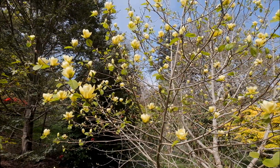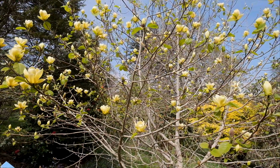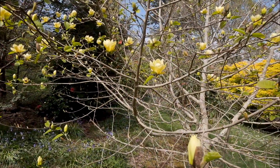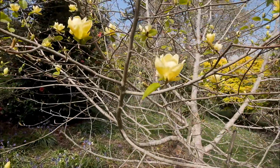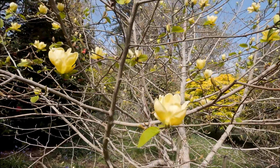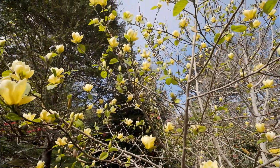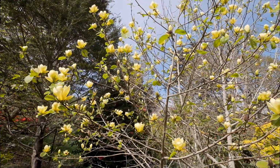It comes out a bit before some of the other yellow varieties, but look what a gorgeous yellow colour it is. All these yellow magnolias are crosses between Magnolia acuminata, which comes from America, and Magnolia denudata, which comes from China and has a slightly creamy flower. The great thing about yellow magnolias is they flower a month later than the huge tall growing Chinese Asiatic magnolias,